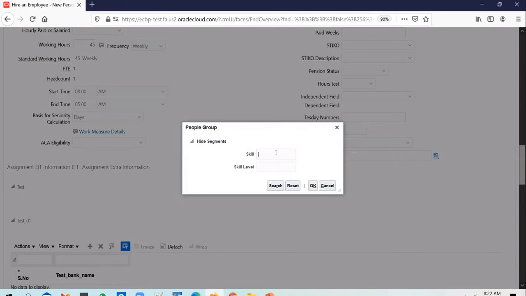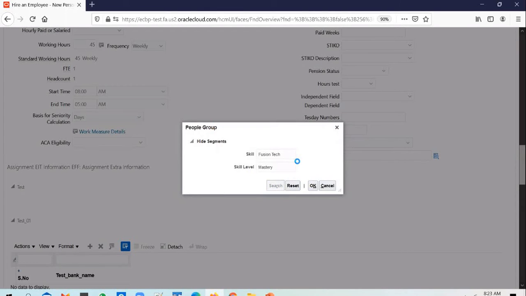And these look like text boxes because we have attached a 30 character value set there. But if you have attached an independent value set with the skills in there, like Java, Fusion Technical, OIC, you would see a drop down in there. Okay. And you can enter, say, Fusion Tech, and you say mastery,